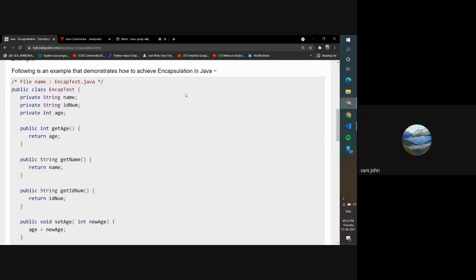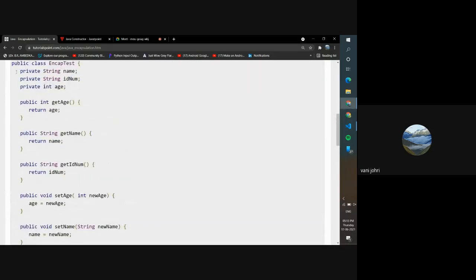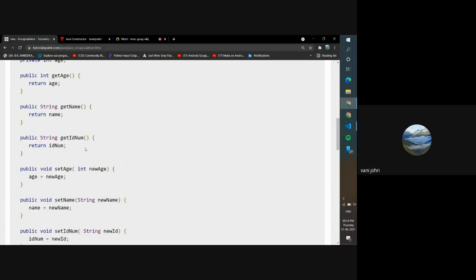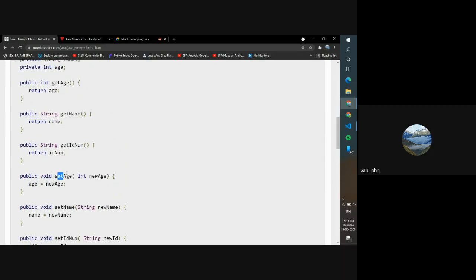So what these are used for, you make a separate class for encapsulation. This is a separate class, and you provide all the variables over here, and you make them private. And then you make these public methods. So public methods are available to all the classes. I hope now you know what public, private, and abstract and all those do. So private variables are present only in this EncapTest class. These are not present outside the EncapTest class, but these public methods are present in this class and outside this class and everywhere. So through these public methods, now we will set the age and we can get the age.